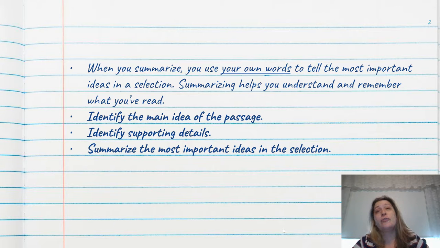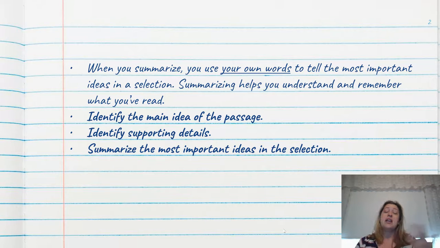Then as you read through the rest of the article, you'll see the supporting details. Now, those supporting details could be specific examples of what you can do. For example, go outside, go to a water park, go to Great Adventure, play with your dog, play with your friends, color on the sidewalk with chalk. Those would be the supporting details because they are supporting that main idea of the passage being what kids can do in the summer to get off electronics.